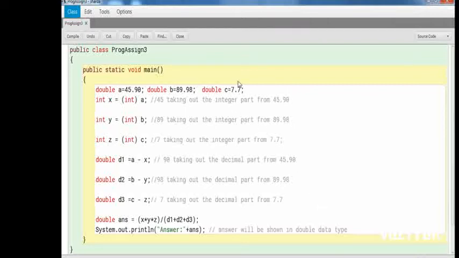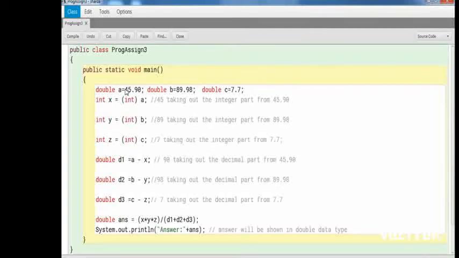The next statement, int x is equal to int of A. A had 45.90, and you are taking the integer part. If you write this way, from 45.90 it will take the integer part, which is 45.